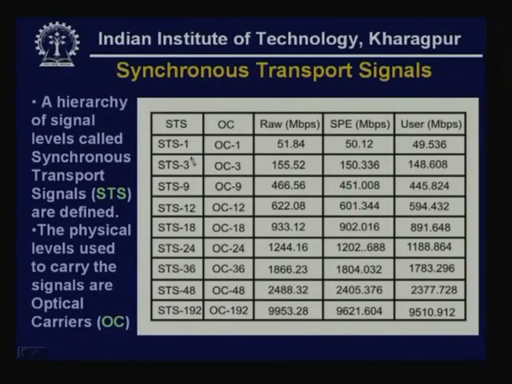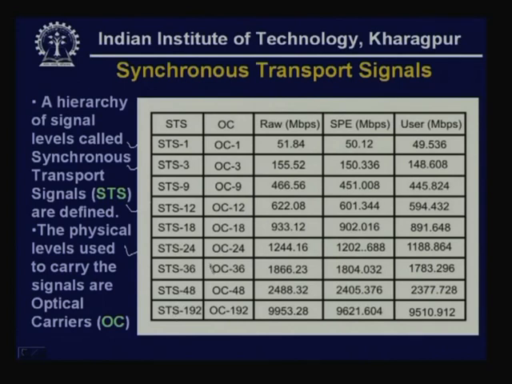Here, as you can see, you have STS1, which has a raw bandwidth of 51.84 megabits per second, STS3, which is 3 times of that, and up to STS192. However, STS1, STS3, STS12 and STS24, these 4 are the most popular